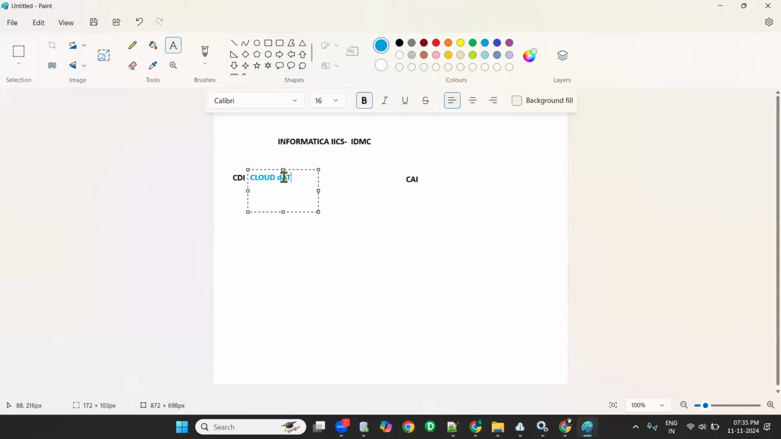Cloud data integration. This is called CDI. CAI means cloud application integration. Now, to work with CDI, once I log in,